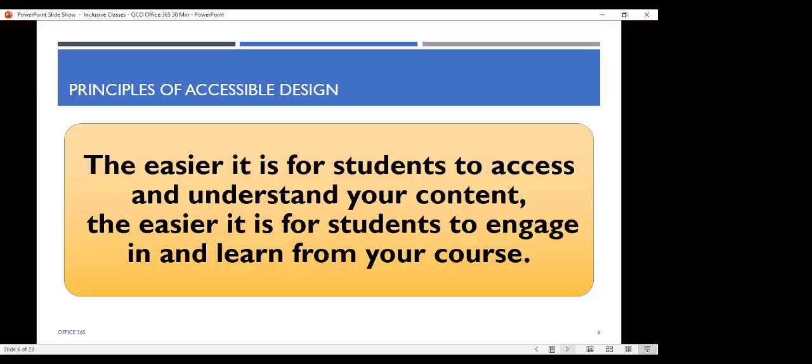If they are spending most of their hour that they have set aside for your class just trying to navigate, or just trying to open, or just trying to read, they're not spending that time embracing and getting entrenched in the information you're trying to teach. So we want to make it as easy as possible.